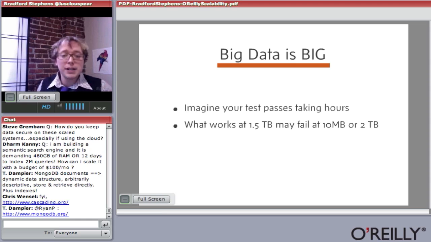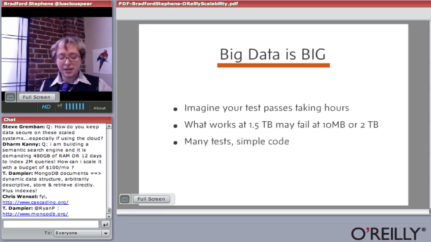Likewise, 1.5 terabytes of data may put you at 50% capacity and you'll be just fine. And then as soon as you hit 2 terabytes of data, things will start grinding to a halt because you've got a race condition where your CPU will be waiting for I/O too much. And so you really have to think about what's going to happen when I'm actually running this at scale, and constantly test not just your expected load, but expected load a month from now, expected load 6 months from now.